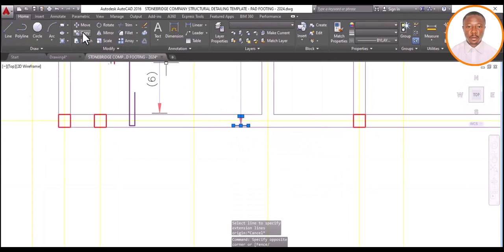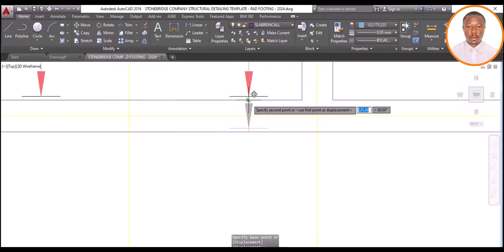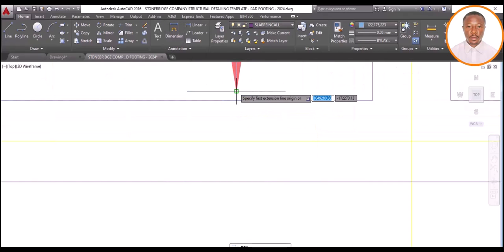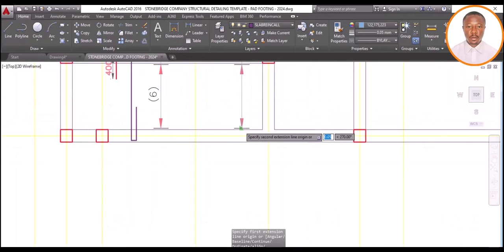Let me copy it again. So I'll move this time around. I'm moving it from here to this. So this one here, I move it to this. So let's now measure to be sure that yes, it's correct. See, 25. That's good. So we now take our dimension to get our number of reinforcement top bars that